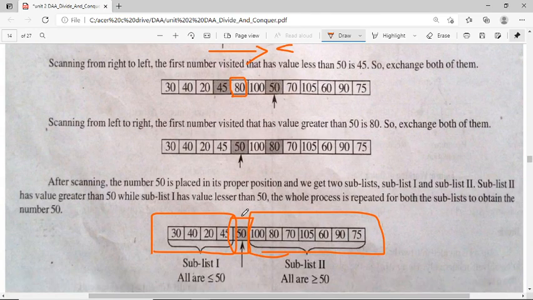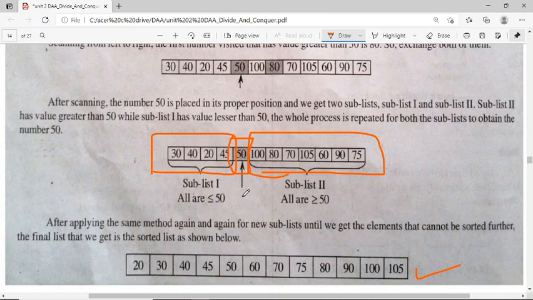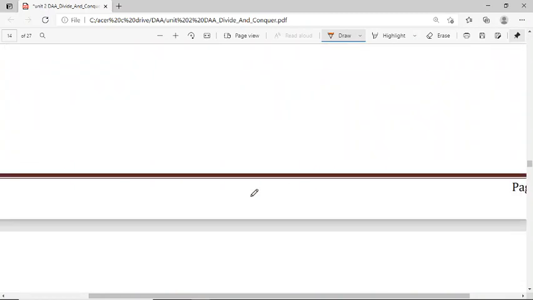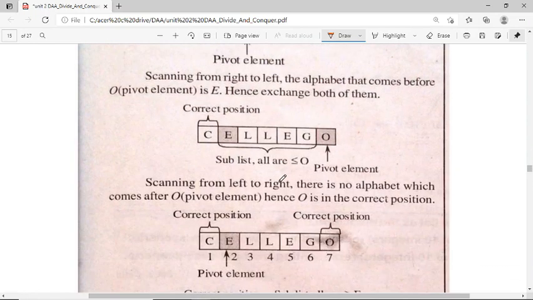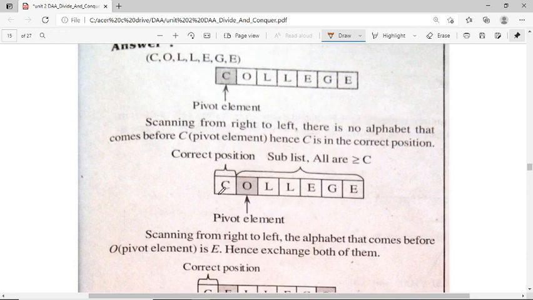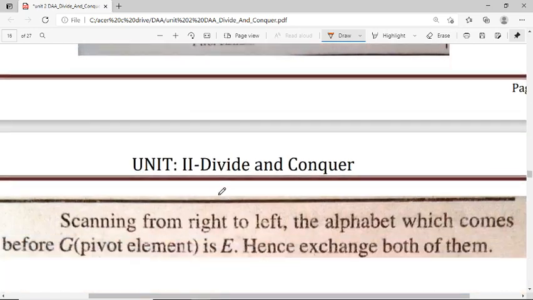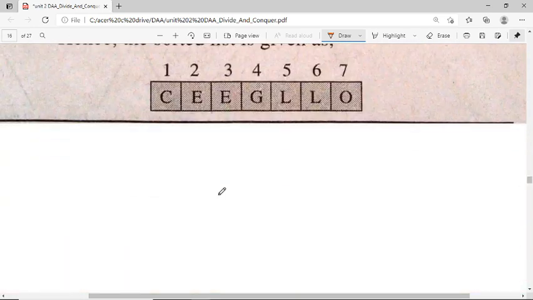and these notes I am going to give you and you can practice. Okay, and this is also one type of example with the help of alphabetic order. So you need to check this with the help of alphabetic order. So finally we will get the result CEEGLLO, like a dictionary. First it will come alphabet C, then E, then after E is G, then L and O, as per the alphabetic order.